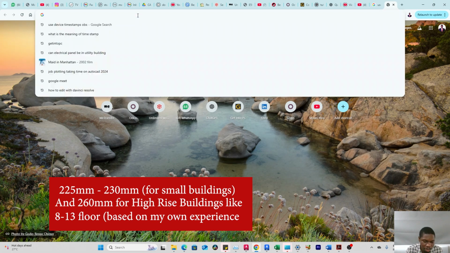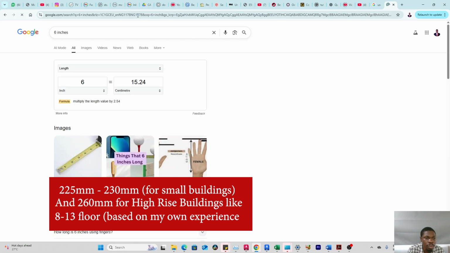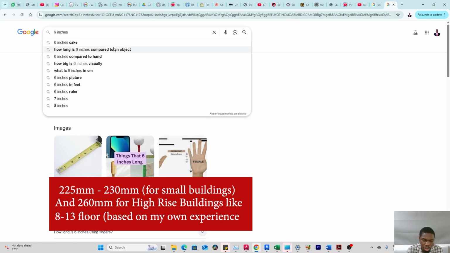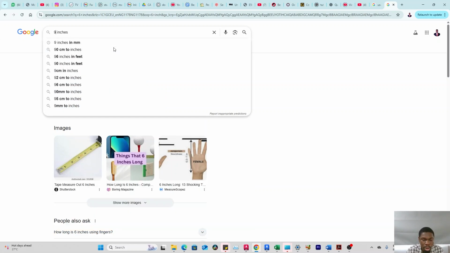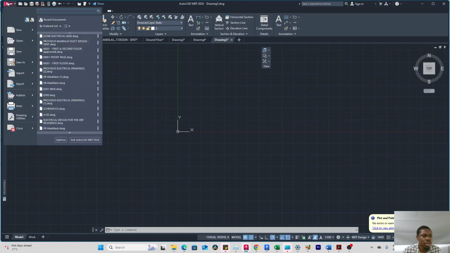we have two types of block. We have 6 inches, and we have 9 inches. So 9 inches, and mostly what is used for the external part of the building is usually 9 inches. So 9 inches, if you convert it to millimeter, then we are going to see, click on this logo, go